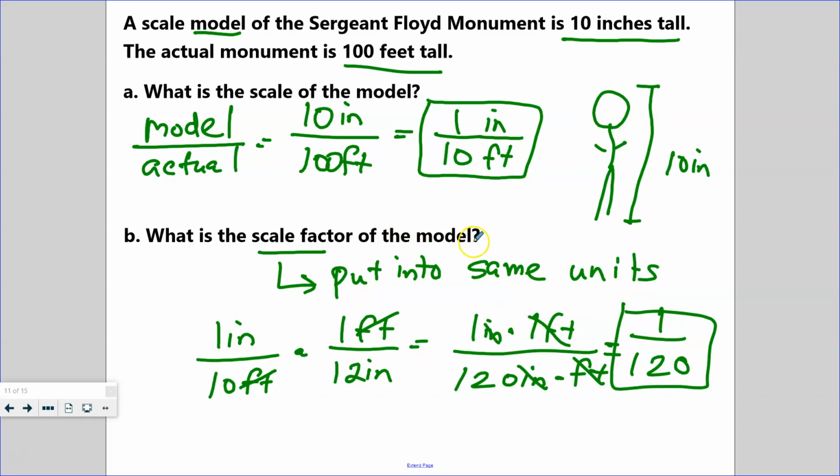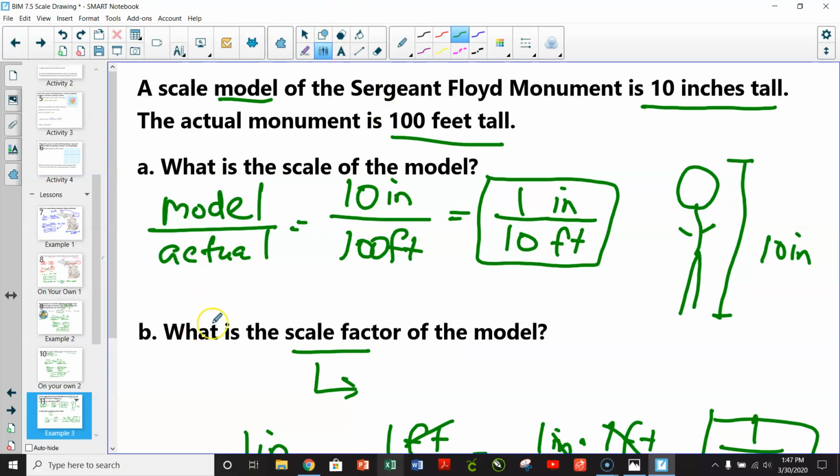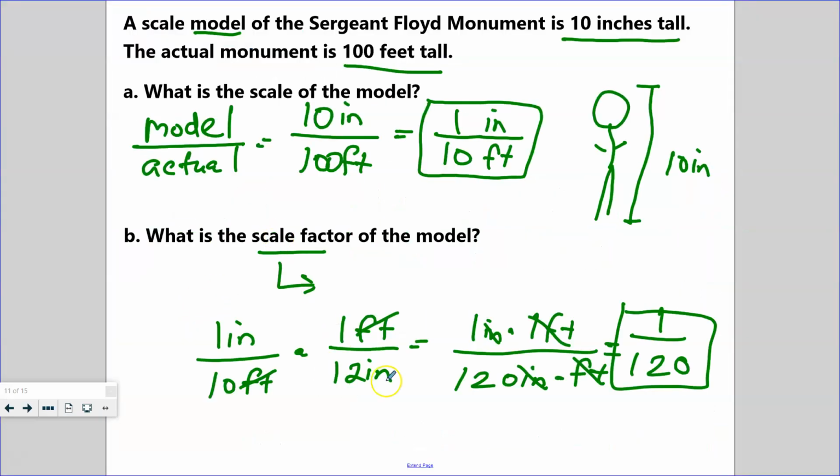So I guess I should say put all the same units. We need to convert, not convert, we need to cancel our units out, right? And so, let me erase that. So I just kind of said that wrong. What we really want to say is we want to cancel out units. Okay, so we use the conversion factor.